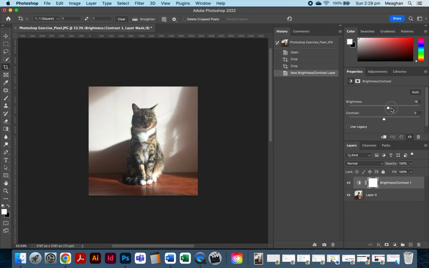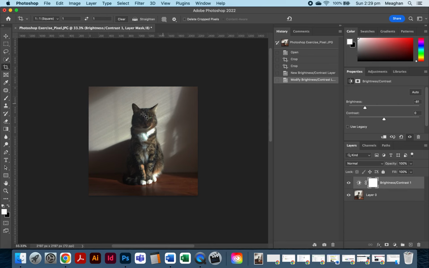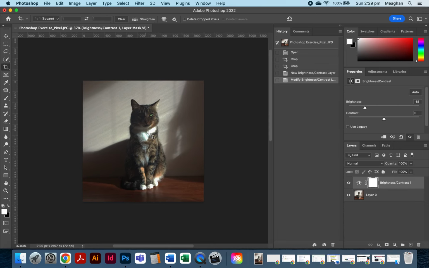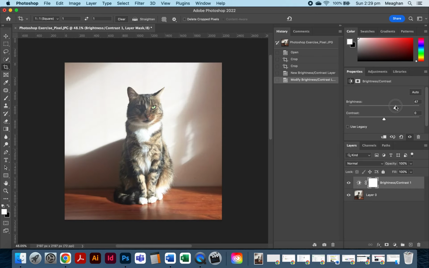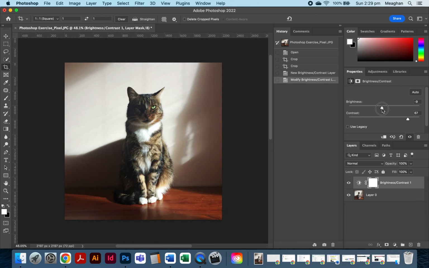So I can click and drag on these sliders. With the brightness, I can increase or decrease the brightness, and you'll see that's affecting the image here. So zoom in a little bit. And then it's just up to you how you want to fiddle around with this image. You might want to increase the contrast. There's no right or wrong, it's all subjective. It's mostly just to have a play around with what these layer adjustments, or adjustment layers, I should say, do. So I'm pretty happy with that, and it's automatically applied,